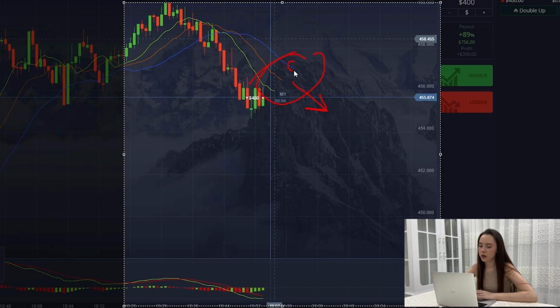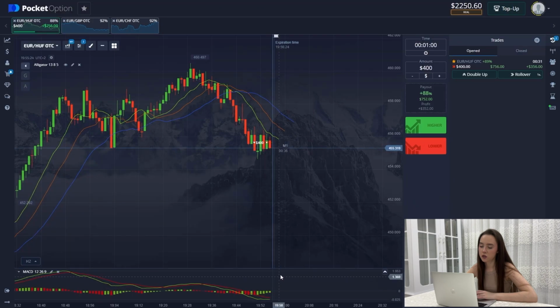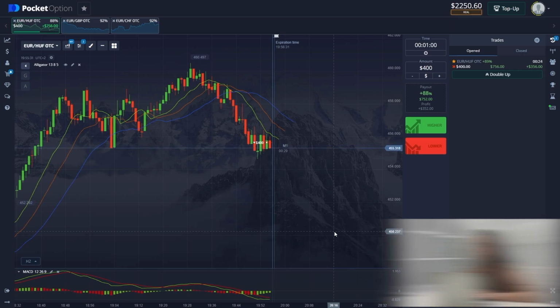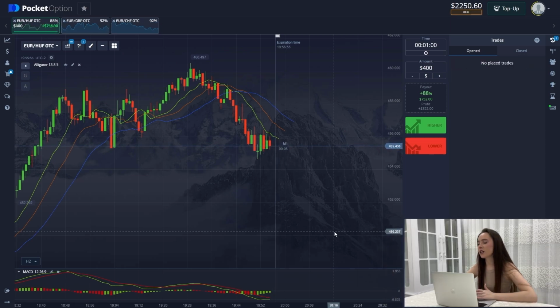Again, let's start with the alligator, and we see that the blue line is on top and all other lines are looking down, which tells us that the price is going down. Well, let's look at the MACD. And now the signal line is above and the main line is pointing down, so the price will also go down. Let's watch our trade. And the last deal for today is closing plus, and the profit amounted to